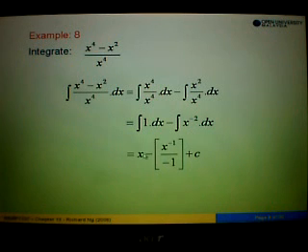When we integrate 1, the answer is 1x. Integrating x to the power negative 2, we will get x to the power negative 1. Remember, negative 2 plus 1 will give us negative 1. Then we divide by the power negative 1, plus c. When we simplify, negative times negative will be positive, and x to the power negative 1 we invert, so we will get 1 over x plus c.